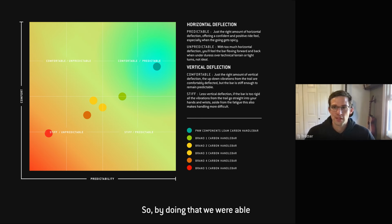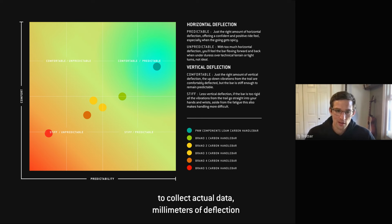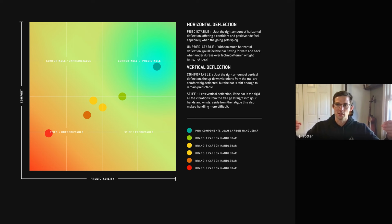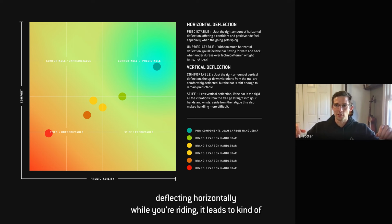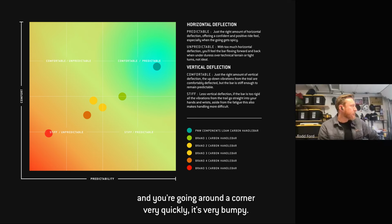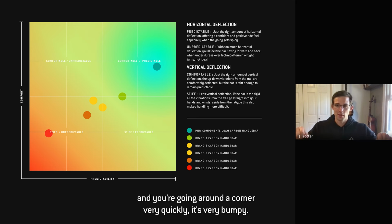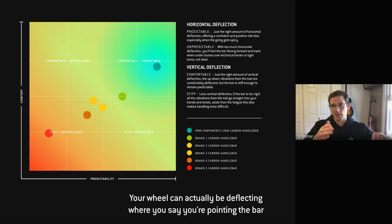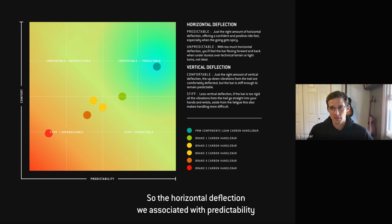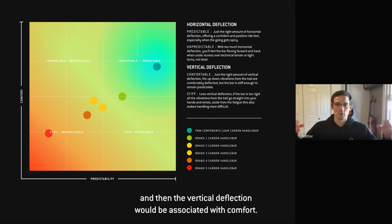So by doing that, we were able to collect actual data, millimeters of deflection, vertically and horizontally. And if you can imagine, as a bar's deflecting horizontally while you're riding, it leads to an unpredictable ride feel, because if you're hitting bumps and going around a corner very quickly, it's very bumpy. Your wheel could actually be deflecting where you're pointing the bars to the right, and the wheel isn't necessarily pointing exactly where you're aiming. So the horizontal deflection we associated with predictability, and then the vertical deflection we associated with